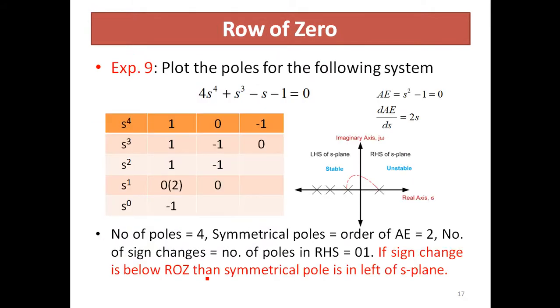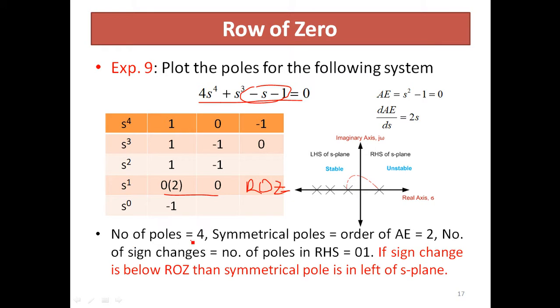Now, again, another example where you have considered fourth order system, s⁴ plus s⁴ plus 0s⁴ minus s minus 1 equal to 0. s⁴ is missing and 2 elements of characteristic equation are with negative sign. Go through the calculation, you would be getting 1 ROZ on calculation, right?